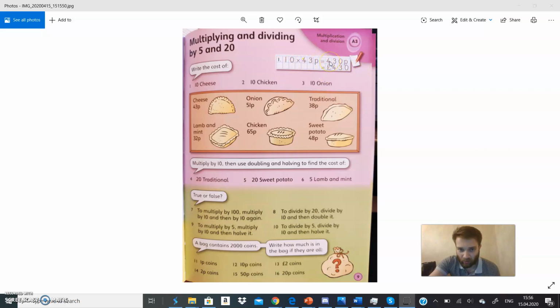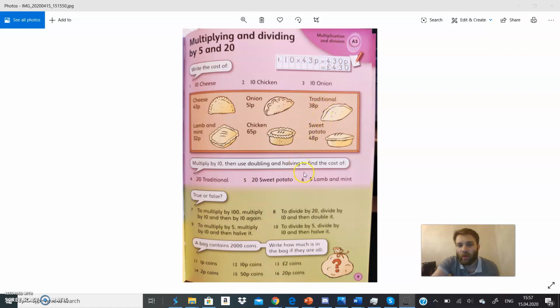Double that. Double 43 is 86 plus the 0, 860. So you've got to do it for traditional, which is 38, so 380, double 380. Now, I think if I was you, I would probably double it first and then maybe add the 0, but